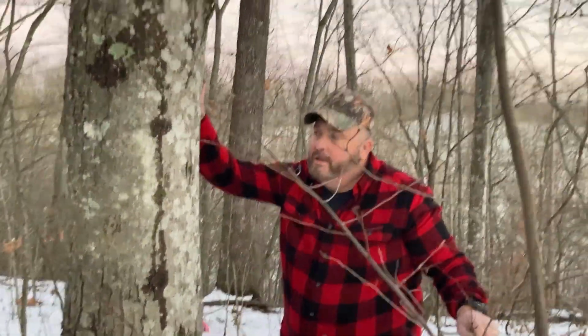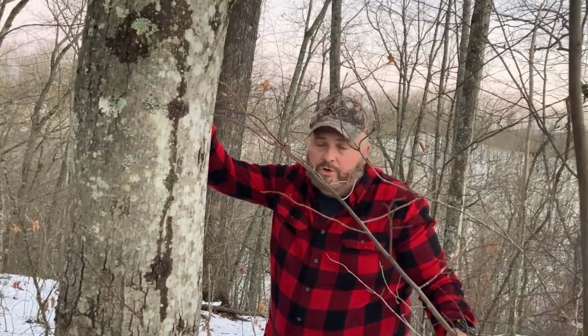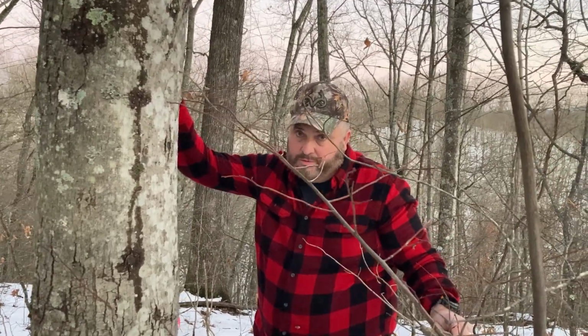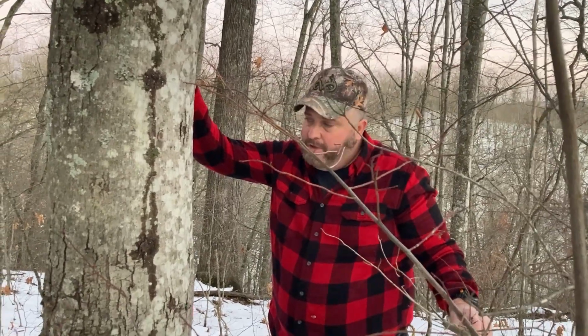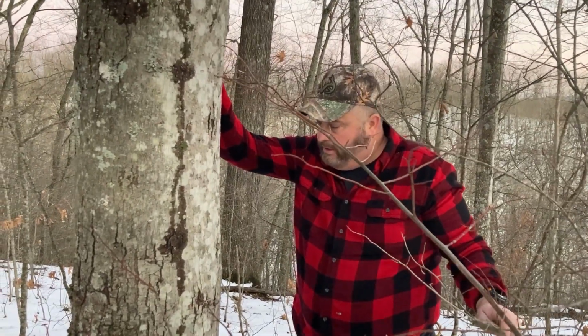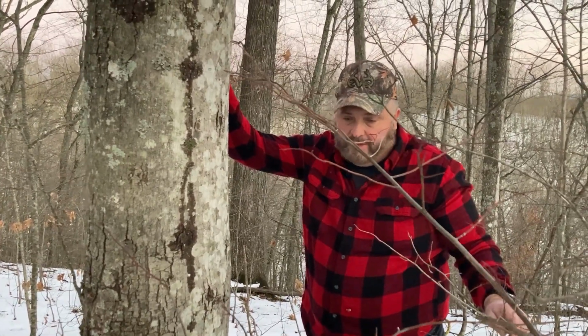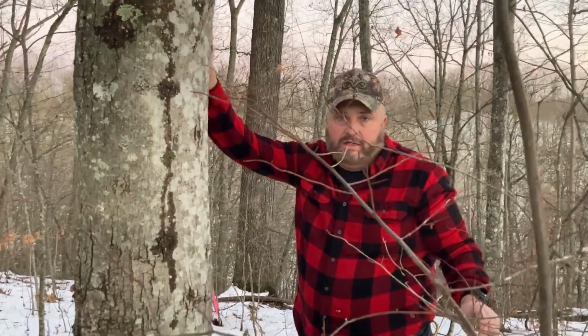Okay, we're down to the 10th tree. We've tapped 10 that I am fairly certain are maples. I'm about 99% sure they're maples, but there's always that possibility. But like I said, I'm not an expert at figuring out trees without the leaves. I can do pretty good with leaves. I don't do great without the leaves. But I'm pretty sure we've tagged 10